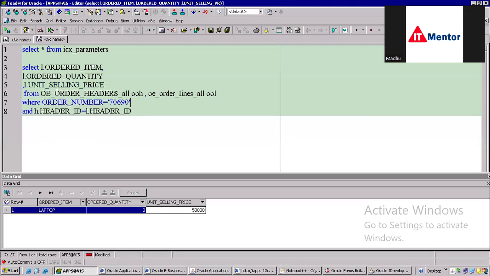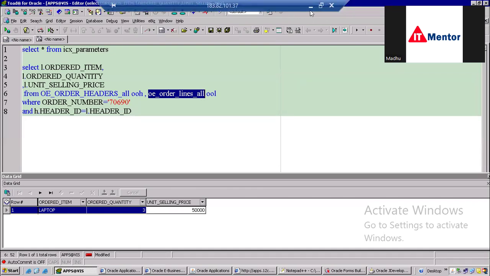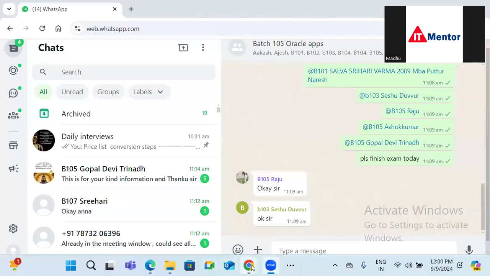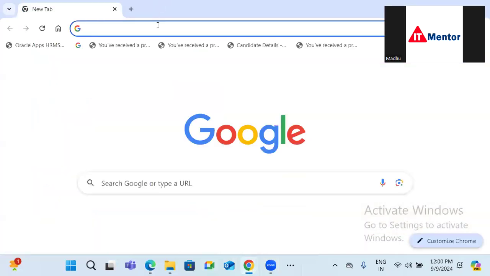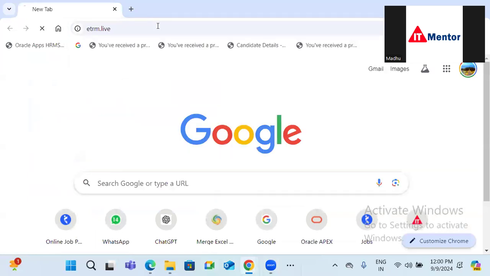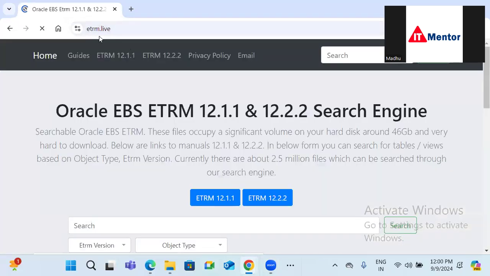And this table, if you don't know this, what is this table all about and how many columns? So let's say this table I'll take. You can go to our website here. The website is freeware only. Website etrm.live. It's already ready made. No need to sign up with Gmail or Yahoo or whatever. So click on this ETRM